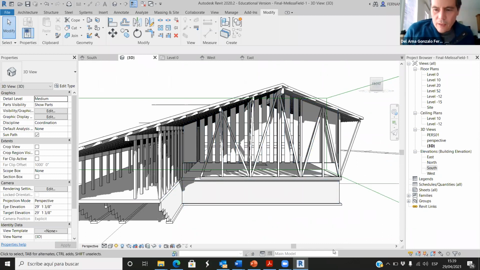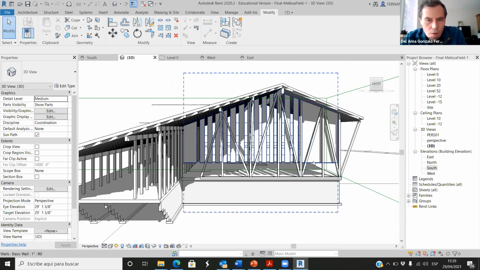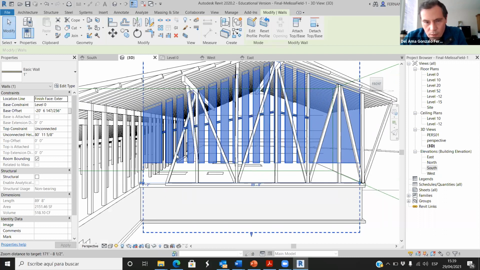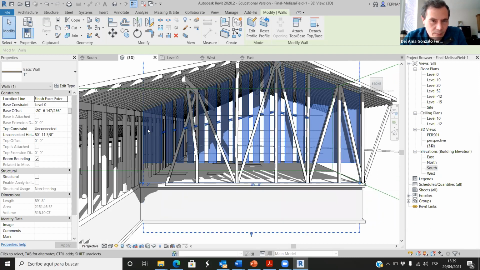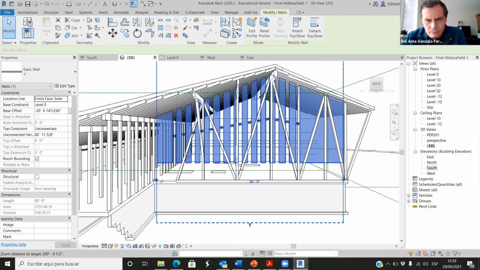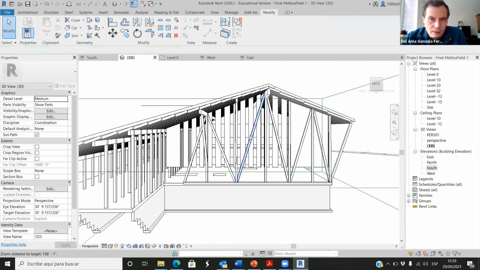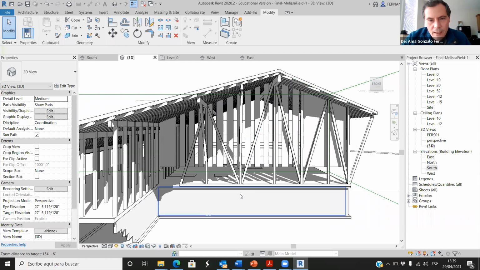There you go. Okay, so I'm not very proud of this wall, but you can create different elements and you can copy these elements, but then you have to adjust all these elements to the slope by creating this mass and then the solid form and finally the void form. It should be faster, but well, all these elements should have the same width and the distance between them should be the same. Okay, so we have to make it a little better, but that's the idea, that on the south elevation,